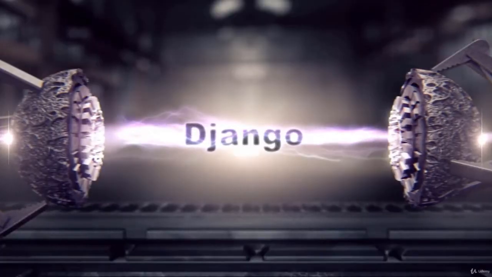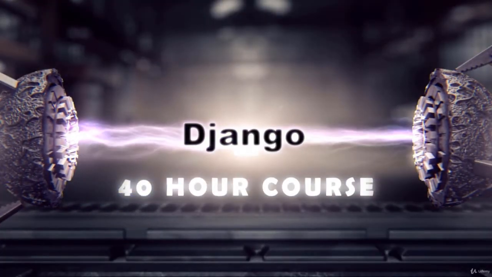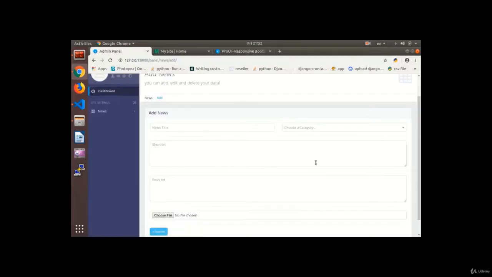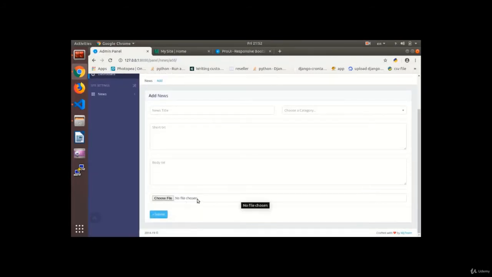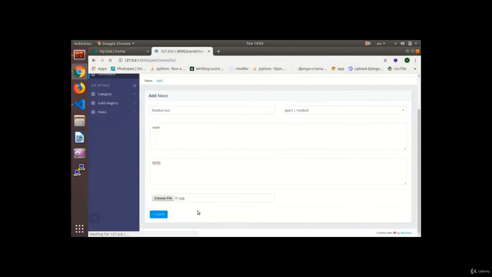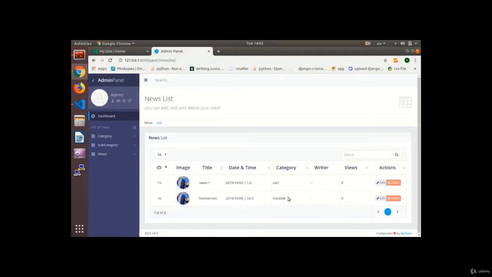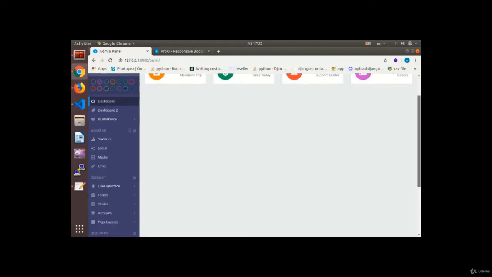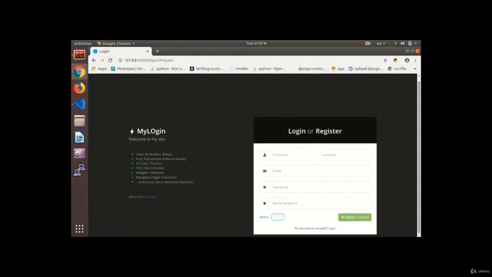Then we have a 40-hour course of Django where we cover one real-world project from start to finish. First, we learn how to install and configure Django and create a simple Hello World project. Then we learn about files and how to upload them, and how to use date and time functions, adding categories to our website, creating a full professional admin panel where users can control everything, writing apps for registering, changing password,